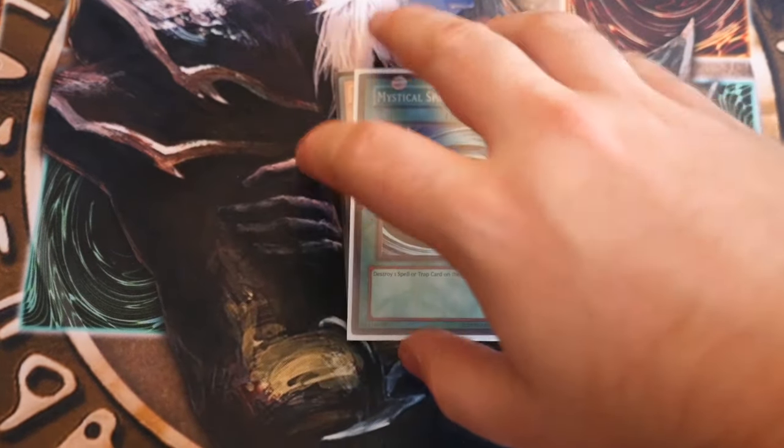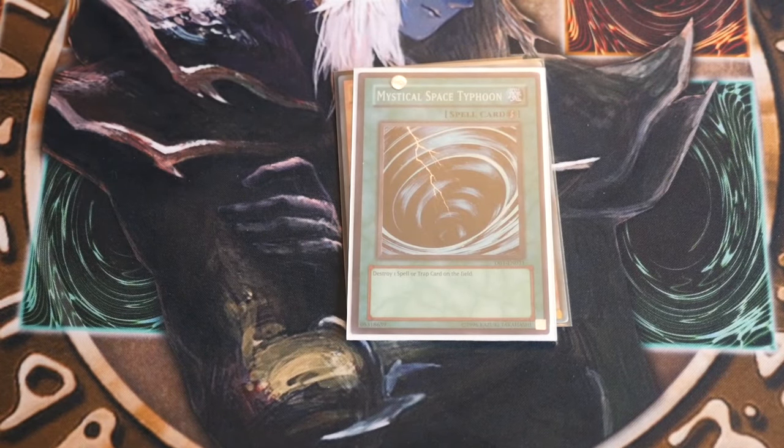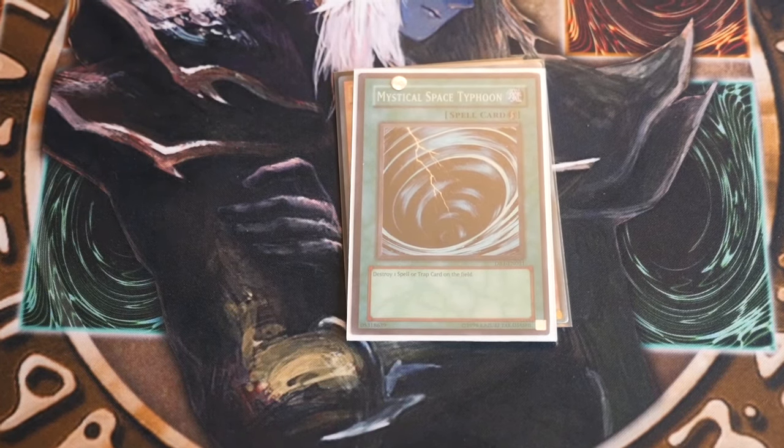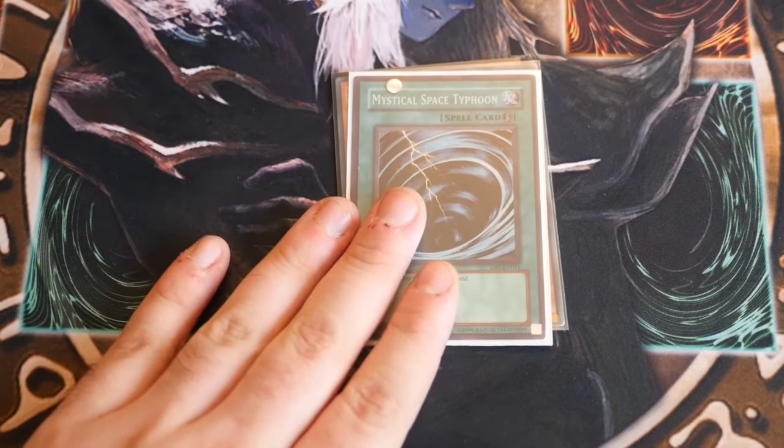Mystical Space Typhoon. Now I believe it was at Euros when the winner top decked MST, took out his opponent's domain and then opened up the board and went for game and won. So the reason MST's in here over stuff like Twin Twisters and all the other stuff is the pure ability to top deck it. If your back's against the wall, you don't want to discard for Twin Twisters, or you've got no card in hand and you're running a Pendulum deck and he's got domain or anything like that, you top deck an MST, clear the domain, clear a scale,